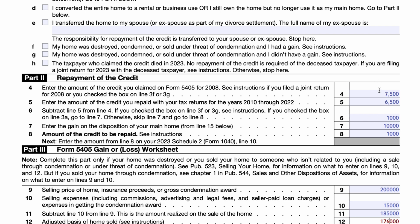So now we're in part 2. We claimed $7,500 back in 2008. And then since 2010, John Doe's been paying back $500 a year. So he's got $6,500 worth of payments. When you subtract that amount, that means he's got $1,000 left. We plug in the $10,000 sale or the gain on the disposition. And then now the instructions basically tell you that in this situation, you take the smaller of either the $1,000